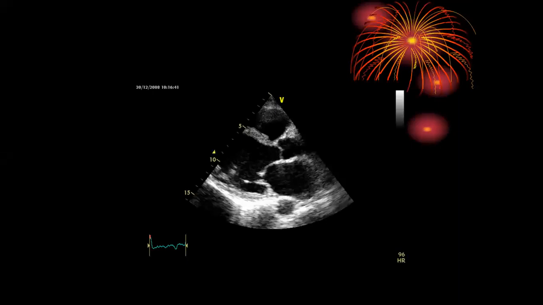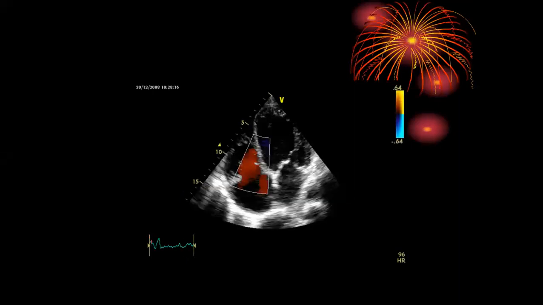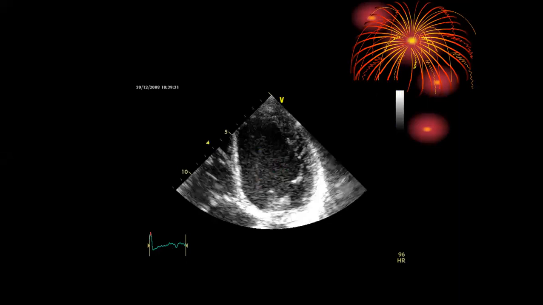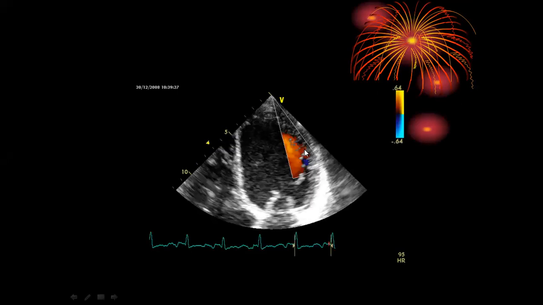It's not playing. Anyway, you have seen this, people, of non-compaction cardiomyopathy. Look, can you see the slides? Yes, sir. Look, this is what the non-compaction is. This is a compacted segment and non-compacted segment. If you take this compacted segment, only this one is the compacted segment, and this whole part is non-compacted. If you switch on the colors, we will get into these trabeculations. You can see the colors in the trabeculations.